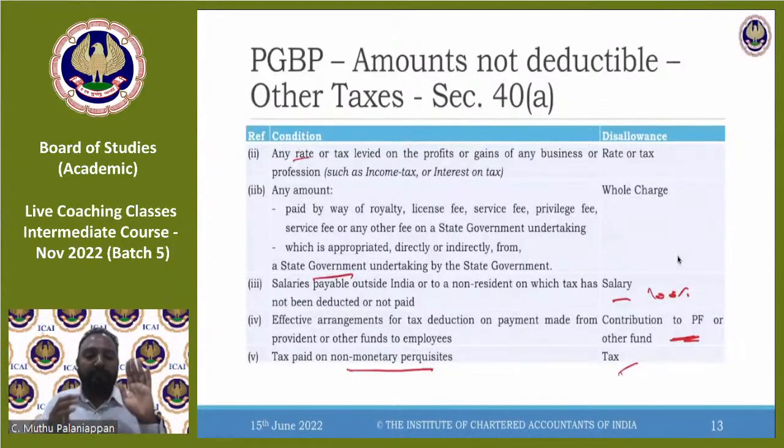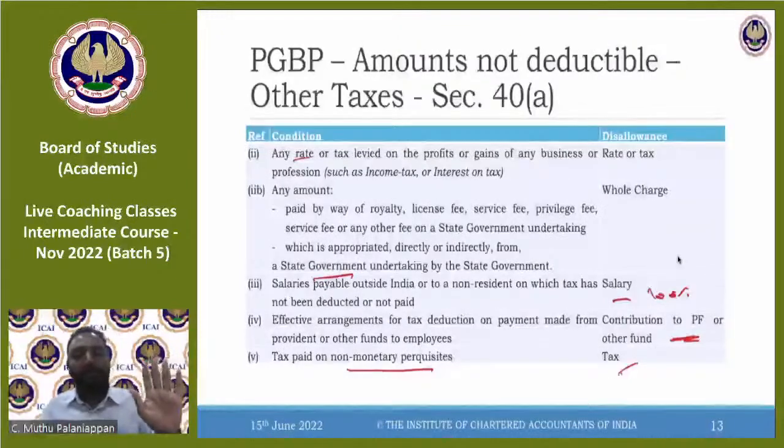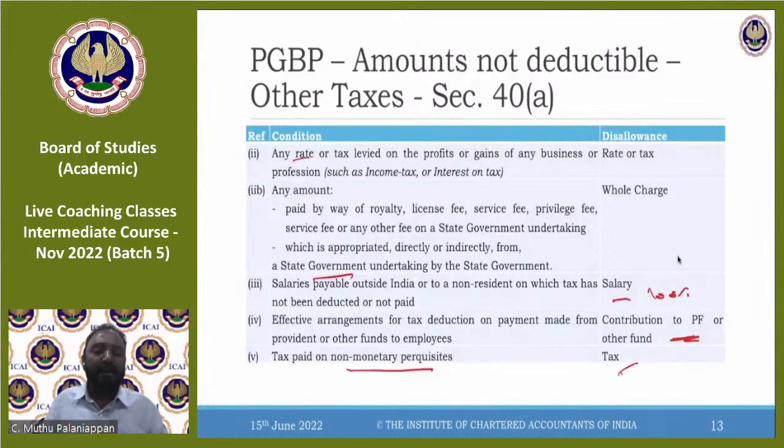So just know what is there in salary for the employee. In the employer, it is very simple; you need not confuse yourself. In the employer, if it is relating to pension, it is 10%. If it is related to provident fund, whatever is the contribution is allowed. The only thing is, in case of the employee, if it is late, it is not allowed. Otherwise, there is nothing big to remember in the employer's contribution. So from the angle of PGBP, provident fund contribution is an allowed expenditure provided it is paid within the due date. That's the only thing you need to remember.